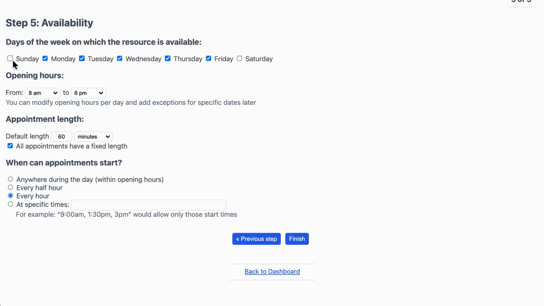Now you can set up the availability of the resources on your schedule. You can set a different availability for each resource later if needed. Our holiday home will be open every day, 24 hours a day. You can use the option Default Length for a default or minimum length of each reservation that can be extended if the user wishes. In our example, the user is free to choose the length of the stay. We will also give our users the option to book at any moment of the day. That way our users will be able to have a late check-in. Click Finish to complete the schedule wizard.